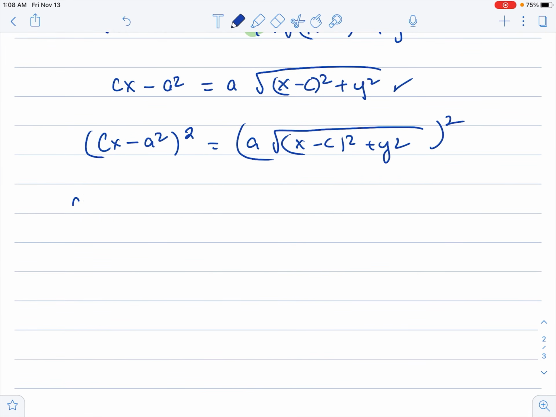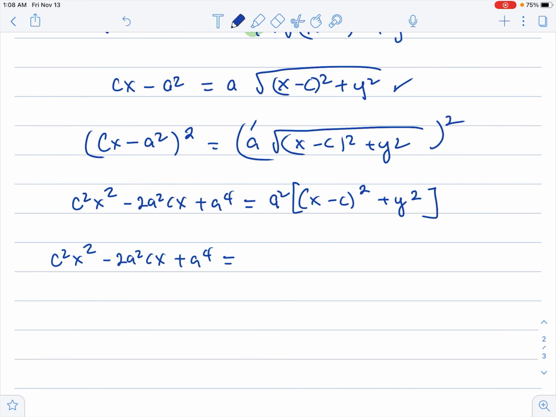So, this becomes c squared x squared. This is just squaring a binomial, no? Minus 2a squared cx plus a to the fourth. So, in-square ko ito na yan. And squaring this, we have a squared pag in-square natin itong a. And then, mawawala yung radical sign. (x minus c) quantity squared plus y squared. Okay? So, we have,